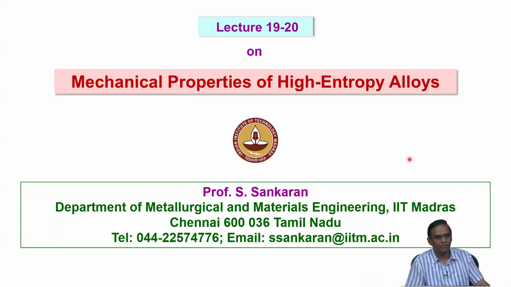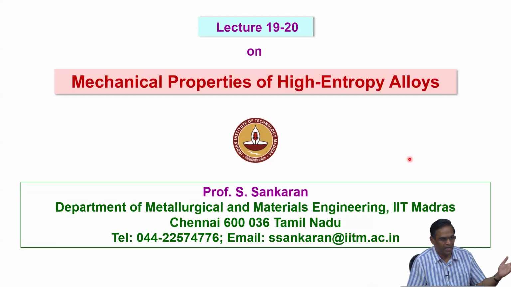Or in this case, in high entropy alloys, we say the lattice is distorted, right? When you say distorted, you have to relate that to the normal lattice. So the energy difference between any defect and a pure lattice will be smaller in the distorted lattice, because the lattice is already distorted and has some excess energy. So that energy will be smaller. That means when I want to annihilate a dislocation, the energy requirement in the distorted lattice will be smaller